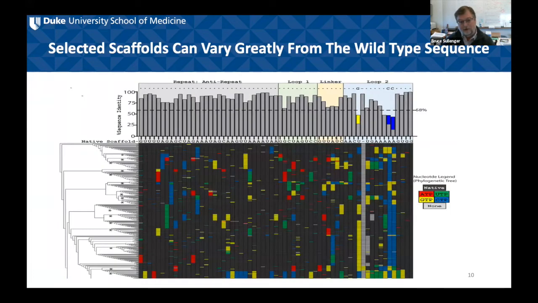But what was even more interesting is if you start to look at the sequences that come out of the selection. On the top of this slide is the native or the wild type guide scaffold sequence. And then he's just aligning, this is about half of those 650 groups, it's just too much to put on one slide. What he's showing here in a color code is the change. If it's black, it's identical to the native or the wild type guide. But if it's changed, say, for example, these A's are changed to C's in the blue